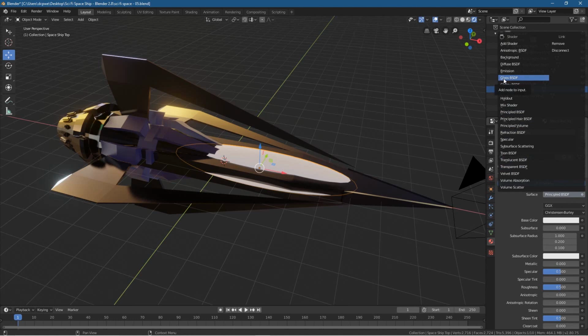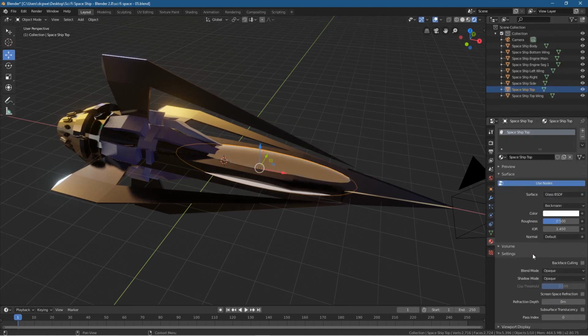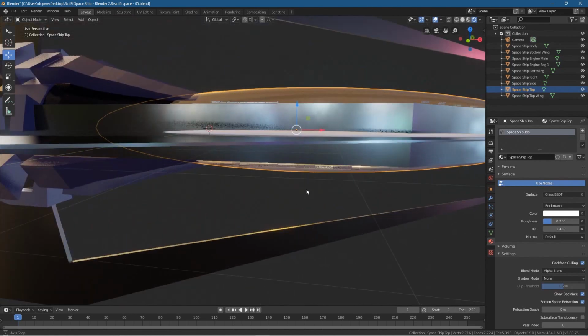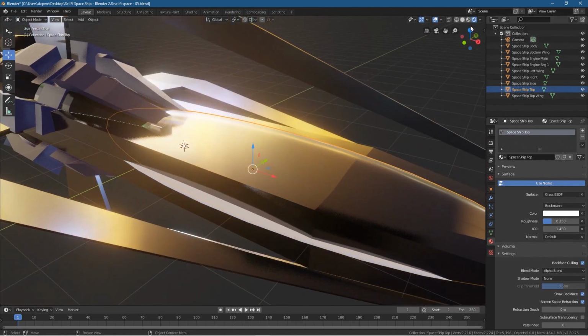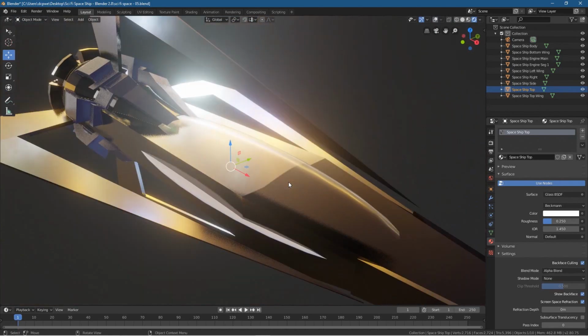We want it to be looking like glass, so let's click glass here, and in the settings here we want to turn on back face culling. In the blend mode we want to set it to alpha blend, and the shadows we want to set it to none, and then we want to turn on screen space refractions here, and then we want to set the roughness, right? So let's see, sometimes it's worth zooming in a bit, turning off the overlay so you can see things a bit clearer here,